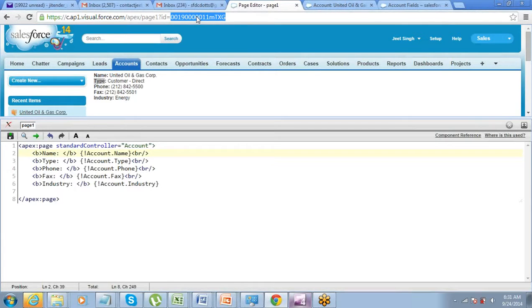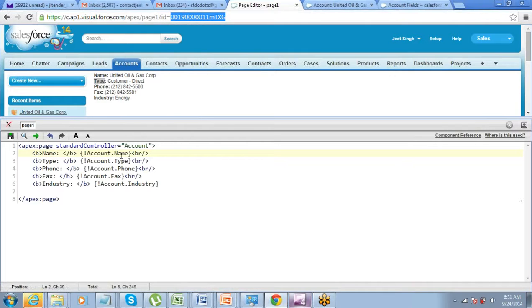Alright, if you want to display a complete list of records, then you either have to use a standard list controller or a custom controller. Standard controller has a restriction that it will deal with one single record at a time. Okay, and that is the reason why here we have to supply the ID of the record. So I can just supply one ID in the URL. It will always be connected to one record in the backend. Okay.